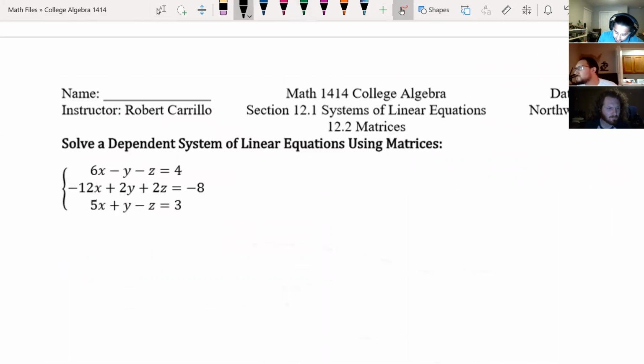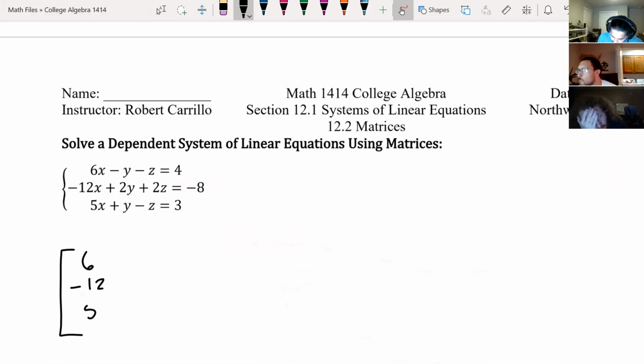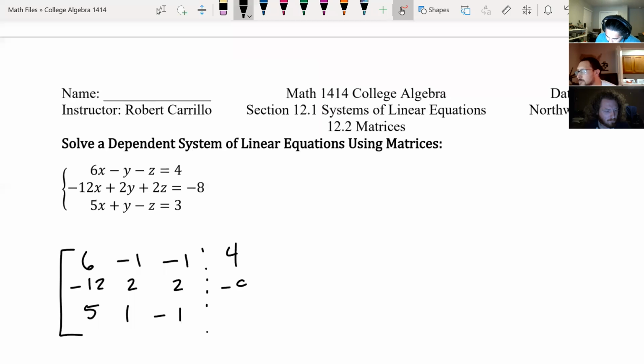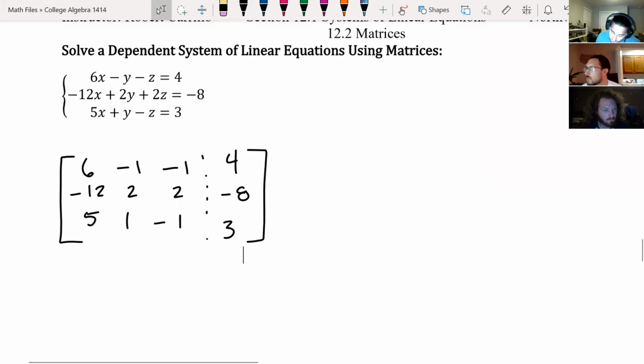All right, let's see my matrix. 6, -12, 5, -1, 2, 1, -1, 2, -1, 4, -8, and 3. That's a dependent system. Oh yeah, that'll be fun. See if we can explain that in 5 minutes. Is this going to be nice to us? I need to get that to be 1. And so I'm going to say,